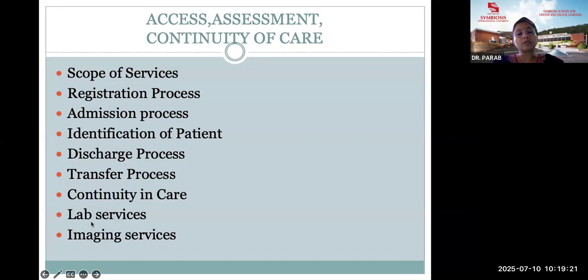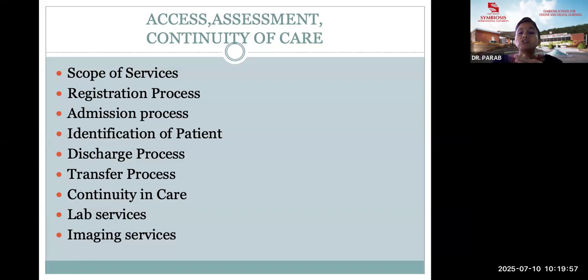The next two important standards are about the lab services and the imaging services. In all the 10 chapters, if you go to see, there is no standalone chapter which talks exclusively about lab or imaging services. Both of these services and the standards related to these services are all incorporated in this first chapter itself. So this lab services and imaging services are quite parallel in the sense that they have similar standards in both. They talk about standardized reporting system, standardized sample collection system,